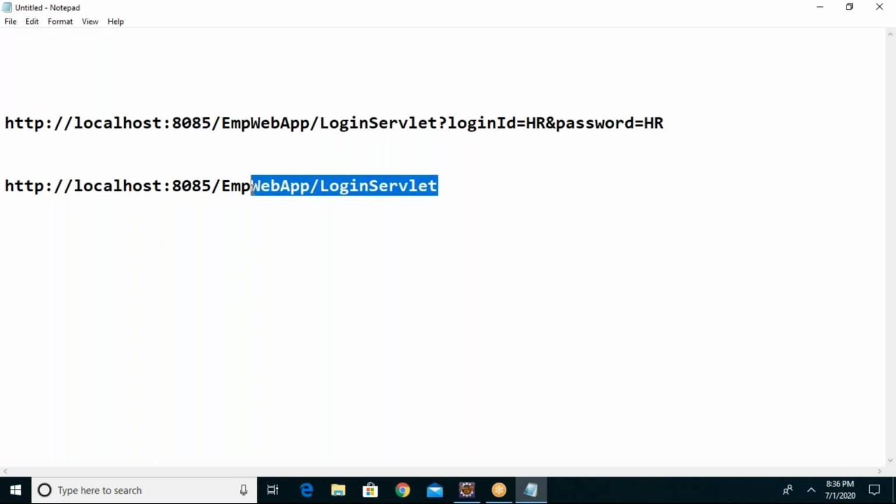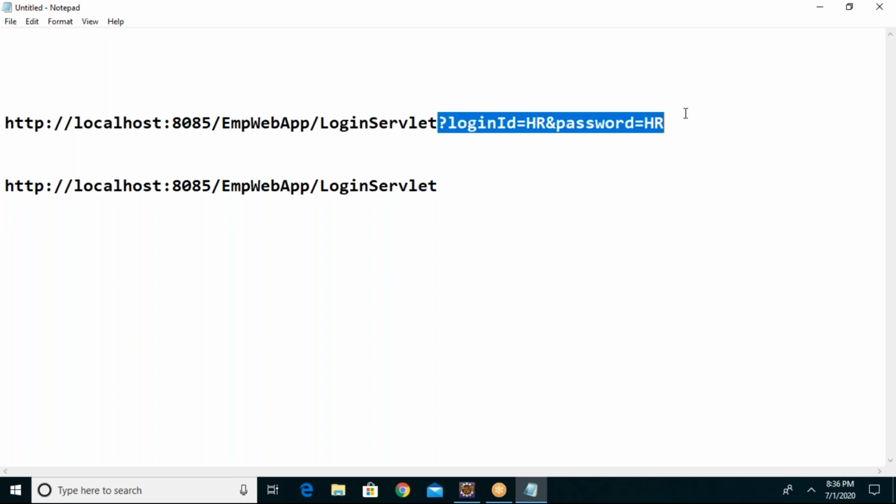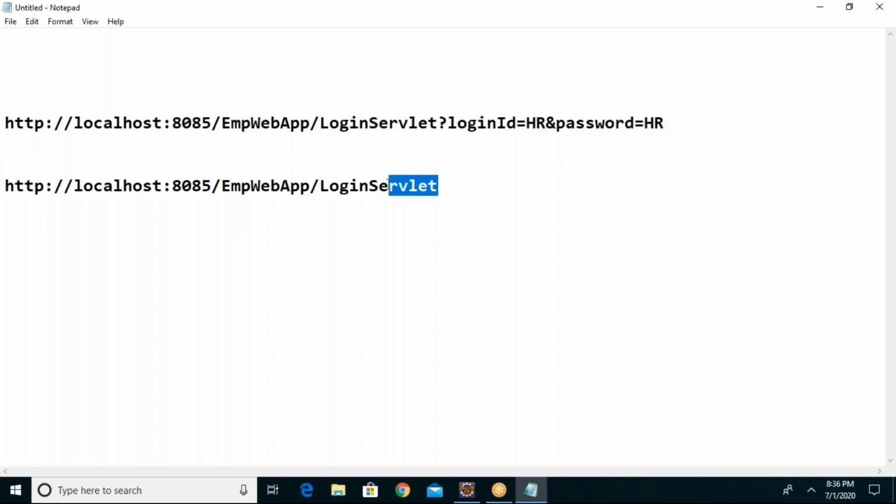The second way, post request. In the post request, when you submit the values, it is going to the login servlet, and the values are not being attached. But in both the cases, the values are passing to the servlet, guys. In this case, it is passing the values to the servlet. In the second case also it is passing the values to the servlet. But in the first case, it is passing through the address bar. In the second case, it is passing the values through the HTTP body. Internally, it is passing the values.